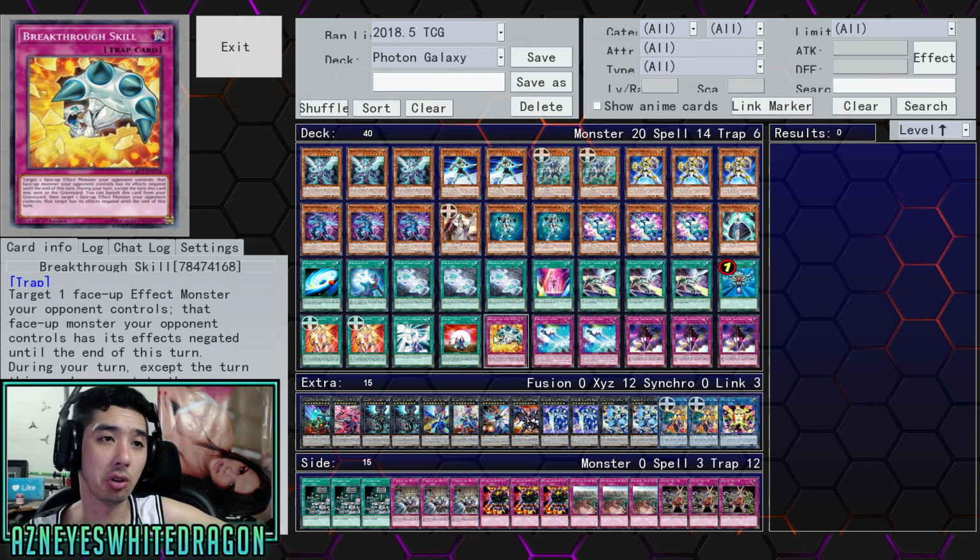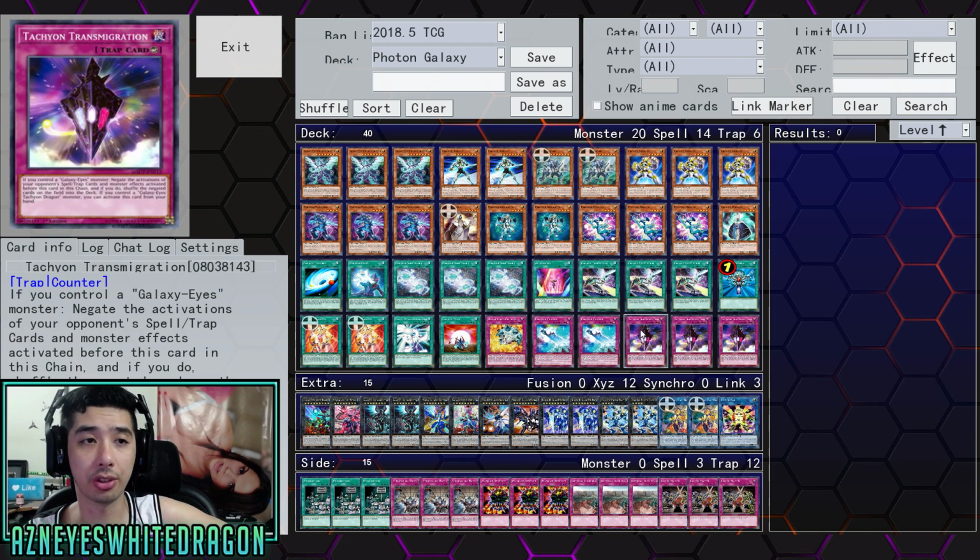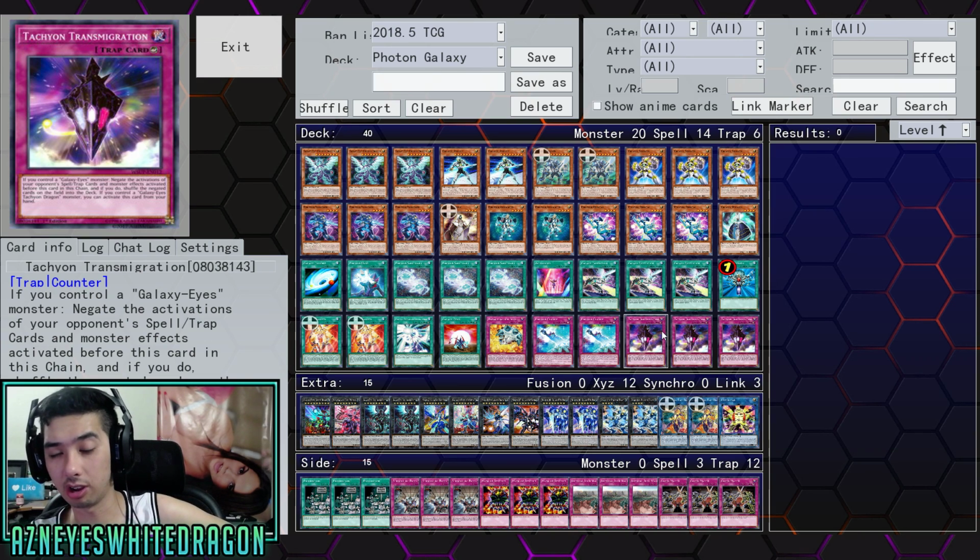Then we have Galaxy Zero, Breakthrough Skill, 2 copies of Photon Change, and 3 copies of Tachyon Transmigration, which, like I said before in the duel, you guys saw it was able to negate multiple things there. With the Alistair, which tried to boost up the cards to attack to like, what, 4,000 something, but negated